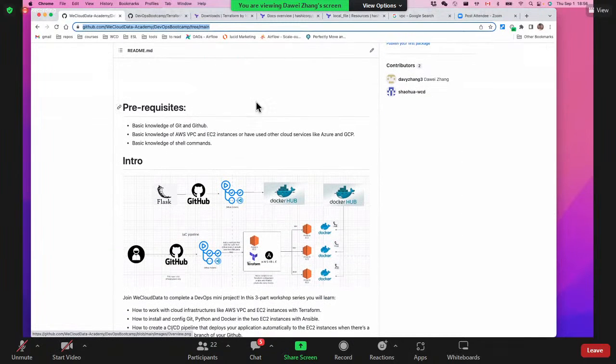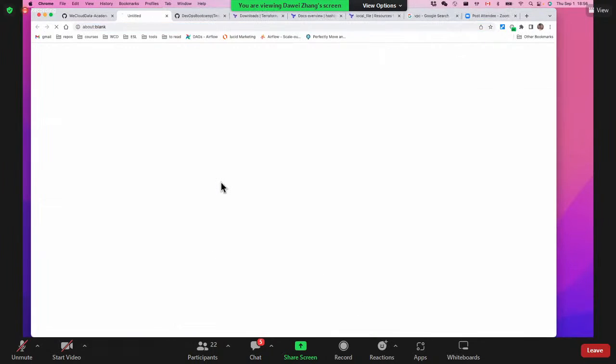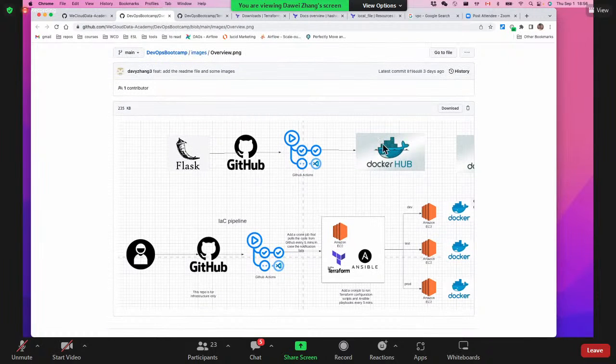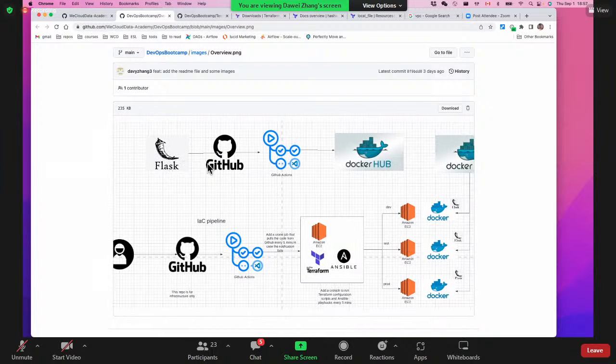Okay, let me briefly introduce this mini project. As you can see in this diagram, there are two GitHub repositories and two GitHub Actions. We use GitHub Actions to build the CI/CD pipeline. This part here is the CI/CD pipeline for developers. Developers build their applications locally, and when they finish, they push the application